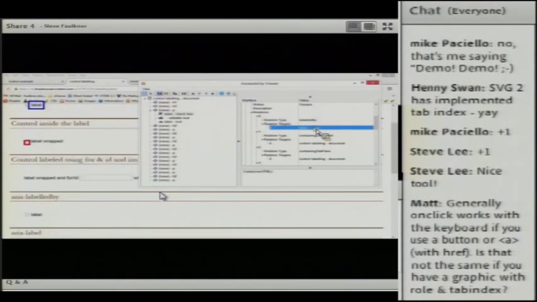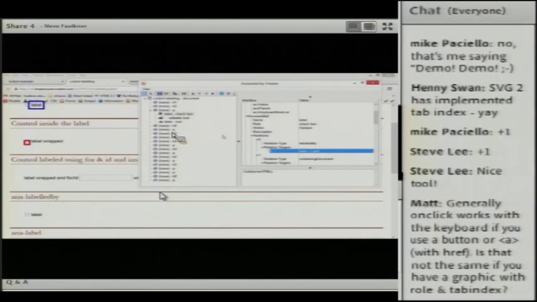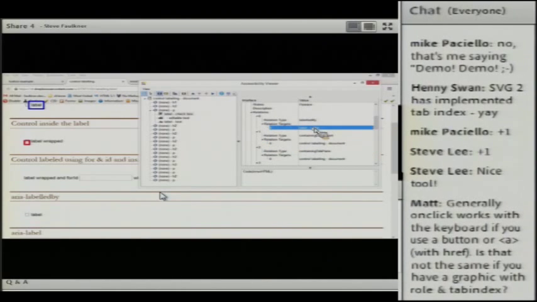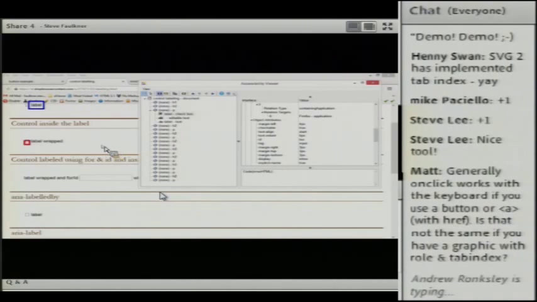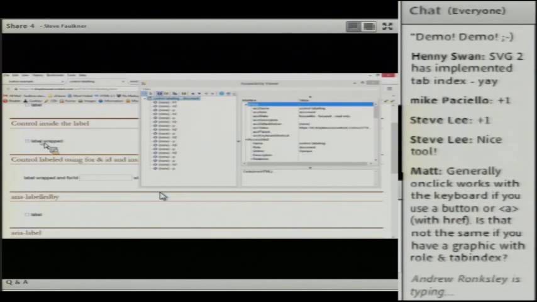And so what you can do is, if you click on the relationship target here, it will actually highlight on screen what the particular control is being labeled by. It's just useful for actually seeing this X is labeled by Y, where is Y, type thing. And it's just an example of the wrapped label.